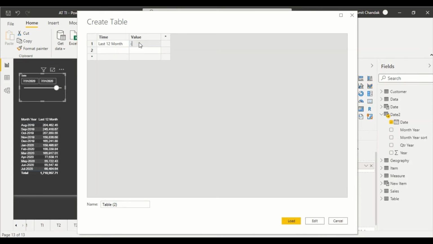Then last 6 months, minus 6, last 3 months,